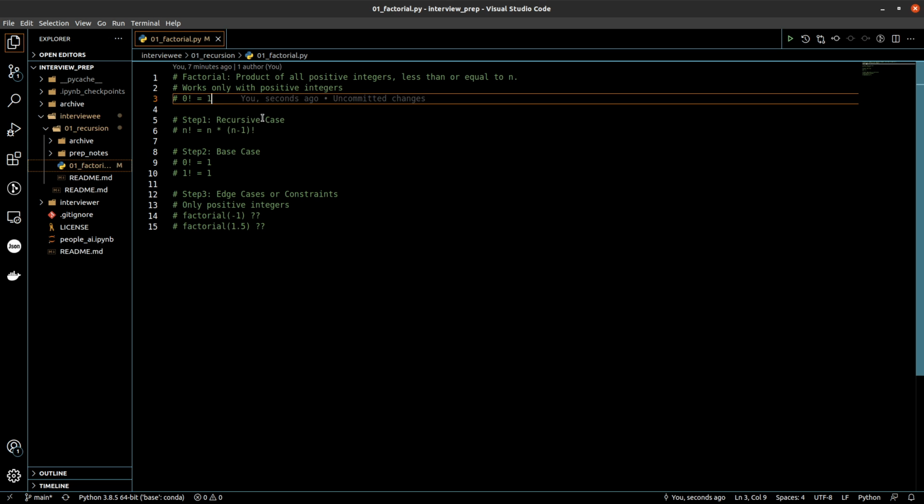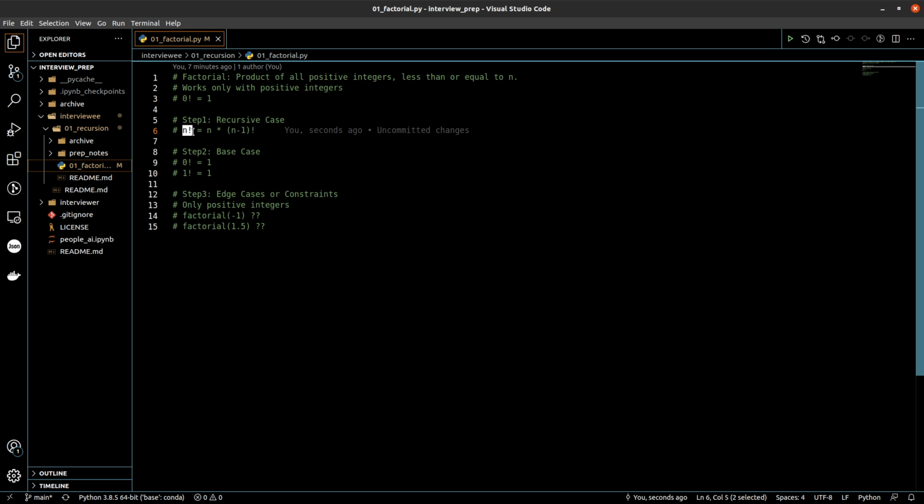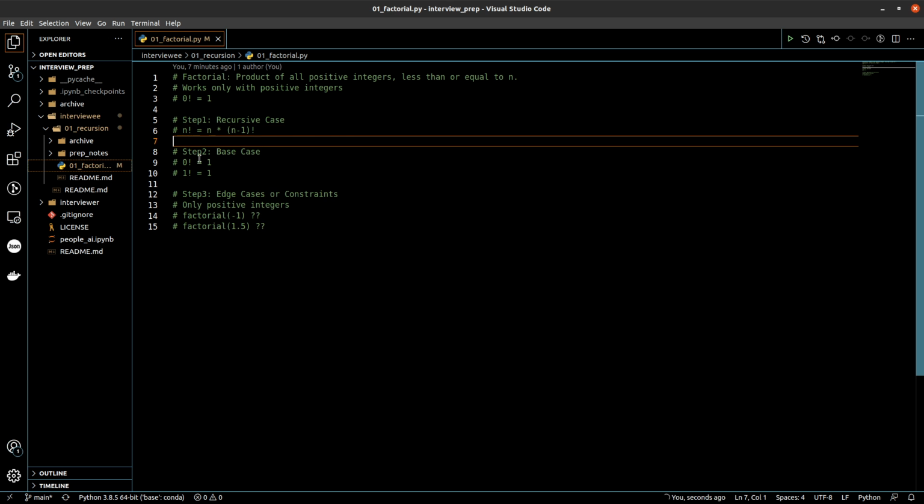In case of factorial, calculating n factorial can be converted into a recursive problem in the following fashion: n factorial can be converted into n multiplied by factorial of n minus 1. That is what recursion means. We have to break down a problem into a smaller problem, and this is the equation that does it in case of factorial.